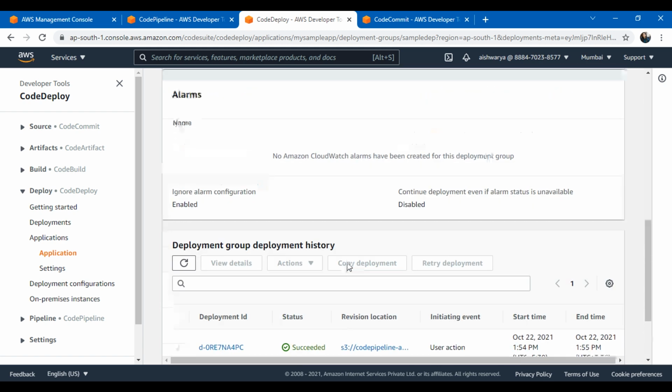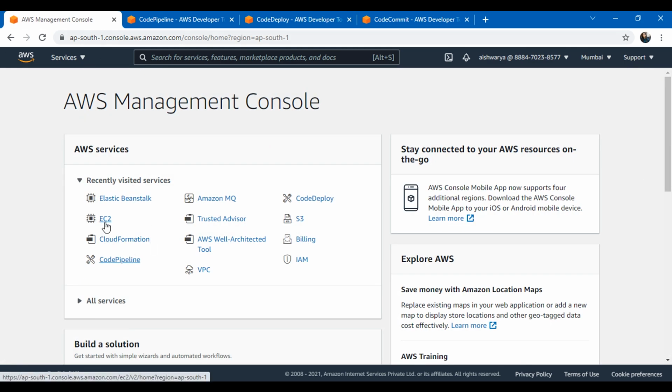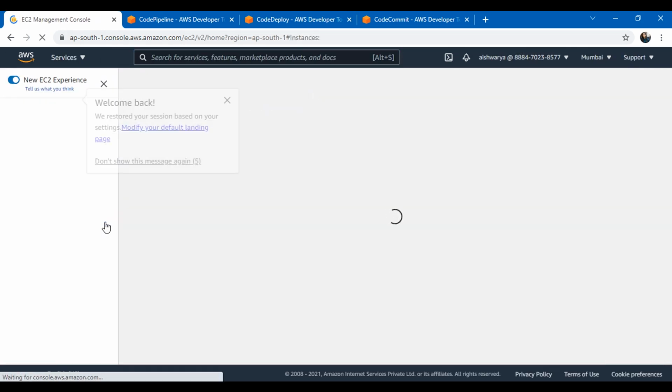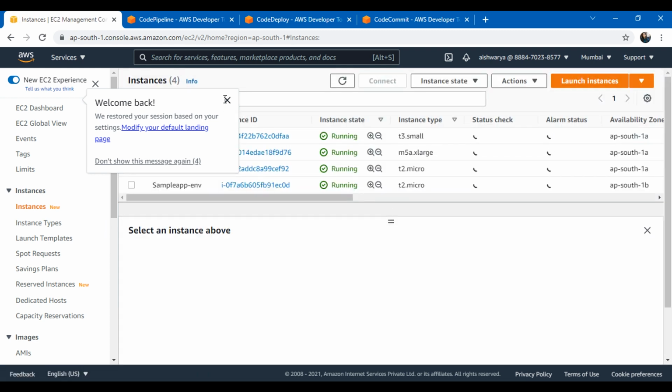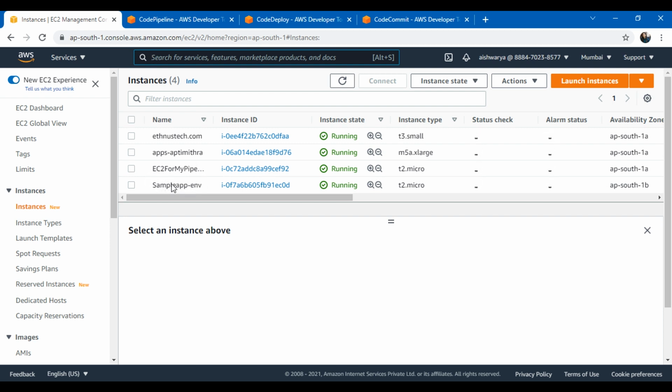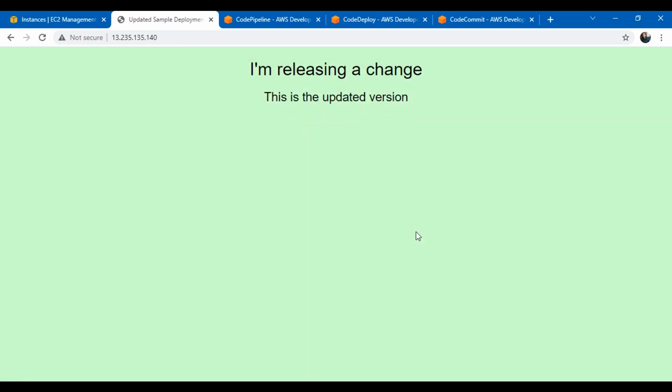Okay, it is just showing the tags of that EC2 instance. Let me go to the EC2 console itself to show you the instance that is being used for the pipeline. Okay, so this one I am using EC2 for my pipeline, and if I open this, it currently says I'm releasing a change. This is an updated version.